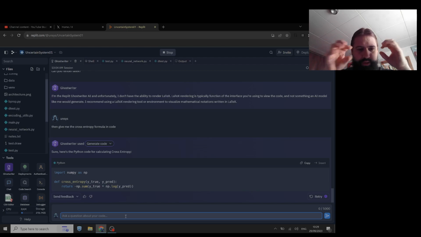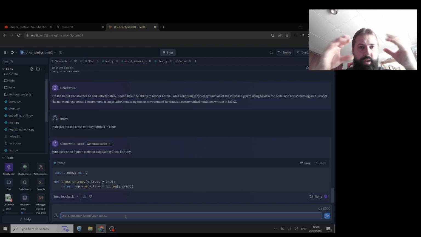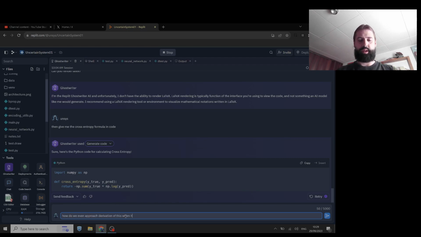It has the true values, and these are kind of paired, right? How do we even approach derivation of these when it has